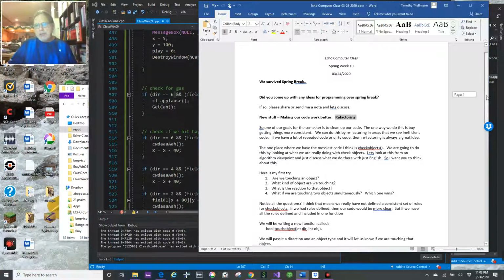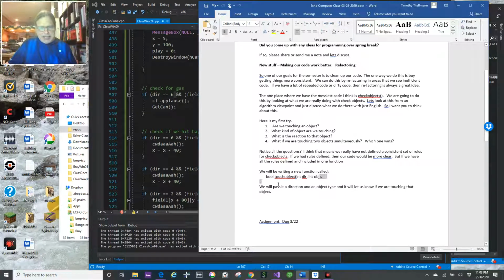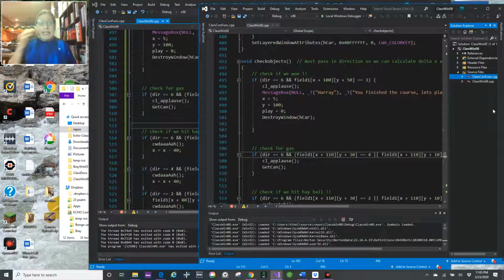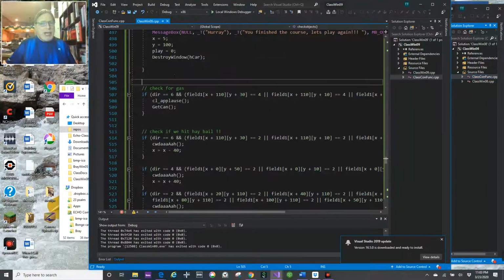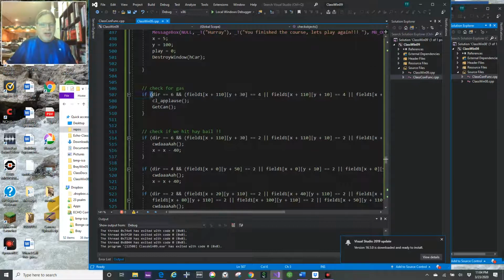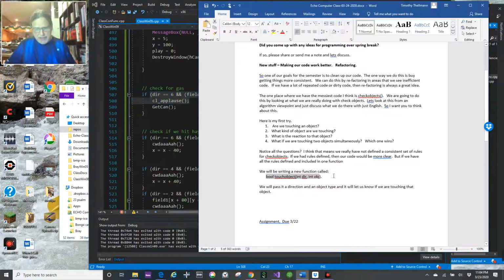So what we're going to do is write a function called touchObject that asks, are we touching an object? We're going to pass it a direction and an object that we're looking for, and we're going to ask it to return us a Boolean. So last week we had class 108. What I've done is I've created a brand new project, because this is really the most important part of refactoring. When you start refactoring, not only are we going to move all these if statements into this new function, which I've defined here in the document,